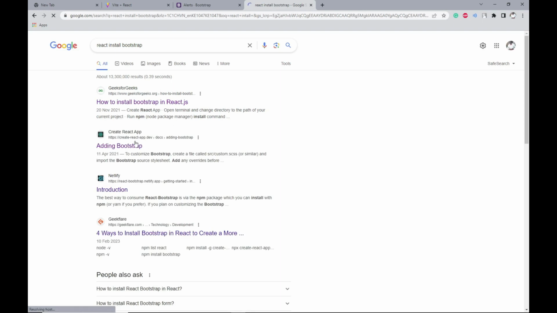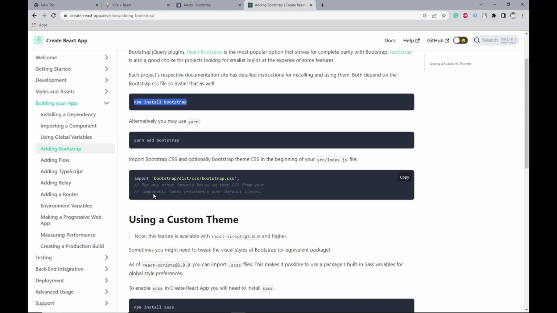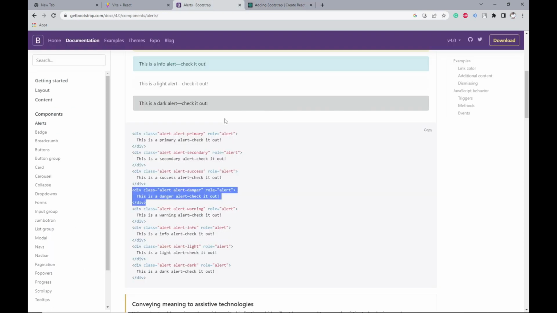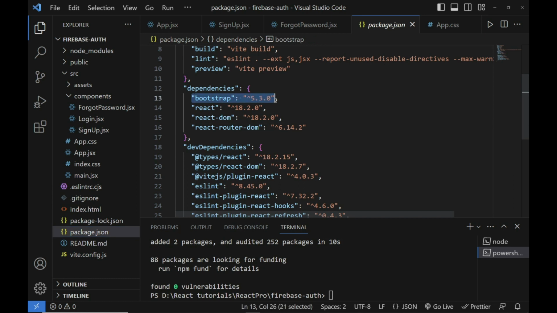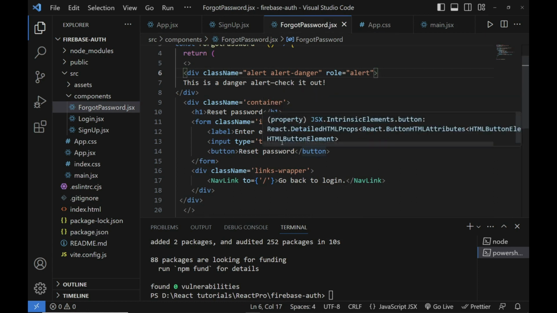You don't need to cram these things. You're just going to, as you can see here, npm install bootstrap. Okay, and to use it you need to import it like so. All right, so I'm just going to copy that, and let me see if it's added. So you can see here Bootstrap has been added, so I can close that JSON file, and